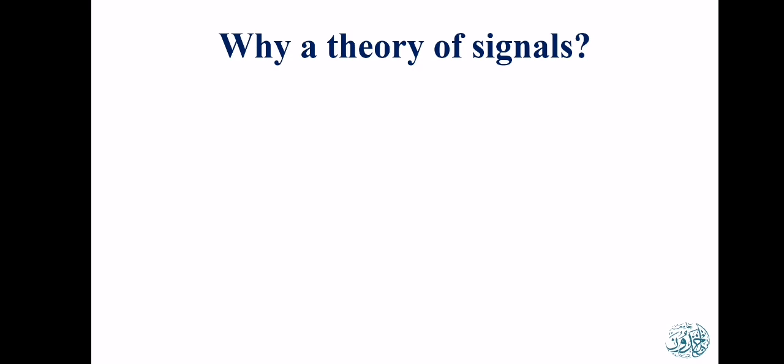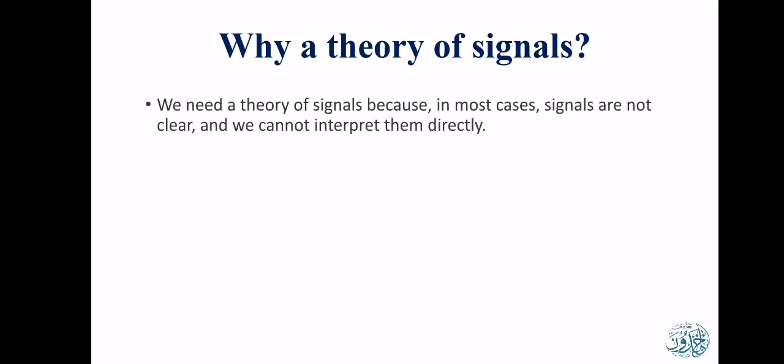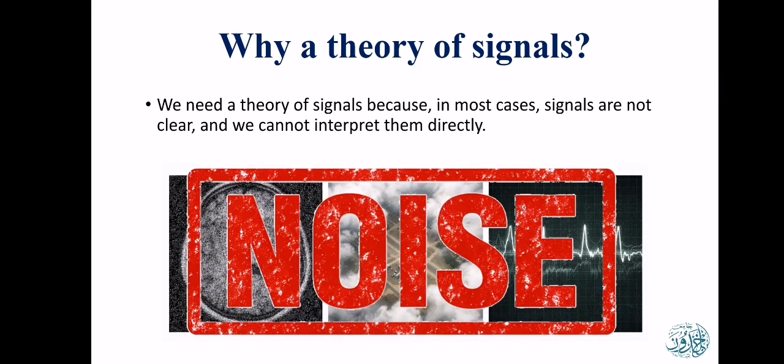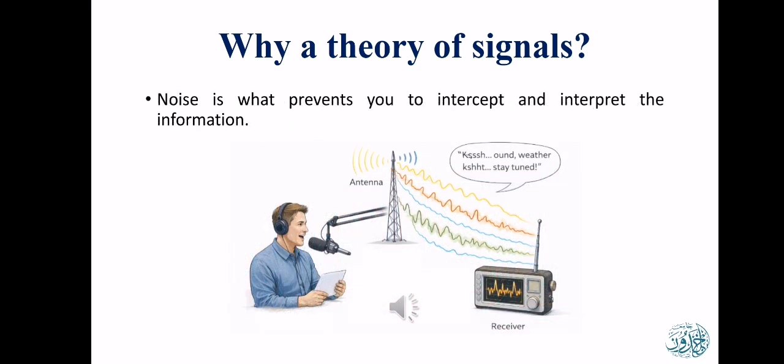So is this sufficient to justify the development of an entire theory? No, not quite. We need a theory for signals because in most cases signals are not clear. We cannot interpret them directly. Something masks them or something distorts them, and that something is what we call noise. One very common example, one of my favorite examples,